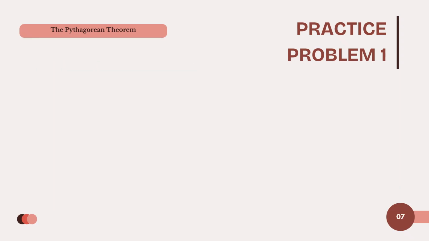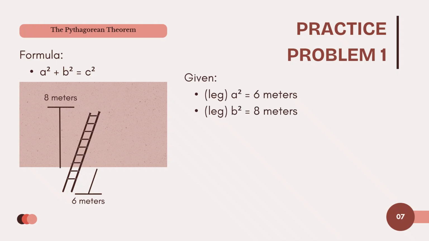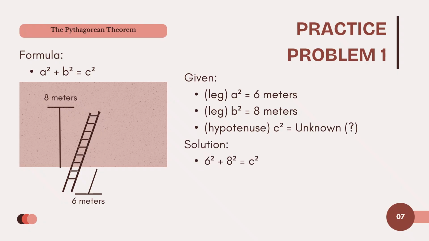Let's solve the problem step by step using the Pythagorean formula. a squared plus b squared is equal to c squared. Here, the legs of the triangle are 6 meters and 8 meters, and we need to find the hypotenuse c. So we have here 6 squared plus 8 squared is equal to c squared. So getting the square of 6 and 8, we have 36 plus 64 is equal to c squared. Then let's simplify. 36 plus 64 is equal to 100, which is equal to c squared. Then, let's take the square root of both sides of the equation. So c is equal to the square root of 100.